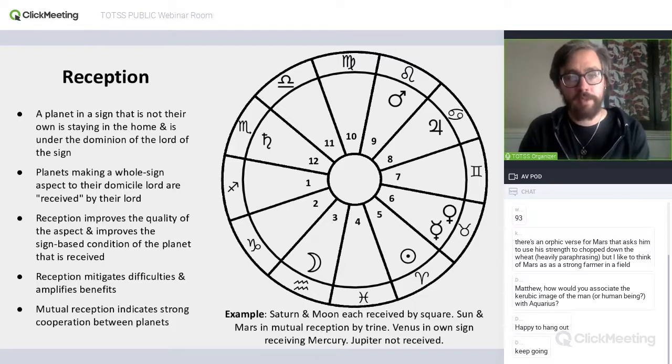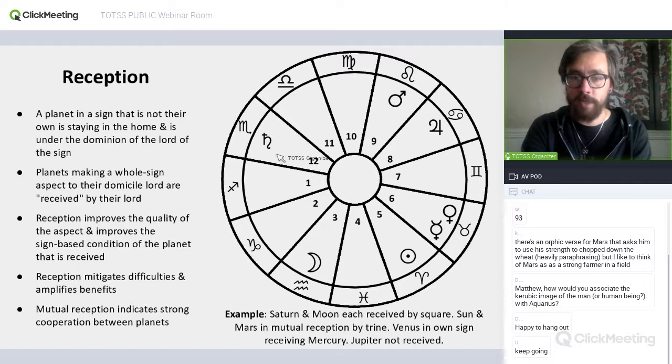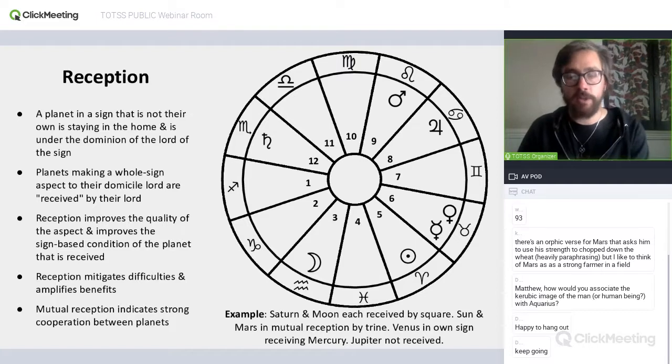So we already used the example of Saturn being in the domicile of Mars here and received by Mars. Now the Moon here is in Aquarius and is received by Saturn because she makes a whole sign aspect to Saturn. Again, the Moon in a Saturn-ruled sign is always a little bit difficult for the Moon, and the Moon having a square to Saturn would be difficult as well. But both of those things are going to be somewhat mitigated by the fact that the Moon is received by Saturn. The Moon is a guest in Saturn's house and Saturn will be a little bit better disposed towards the Moon and a little more concerned with the Moon's well-being here. So that will make things a little bit easier than either just a square on their own or just being in Aquarius without a whole sign aspect.